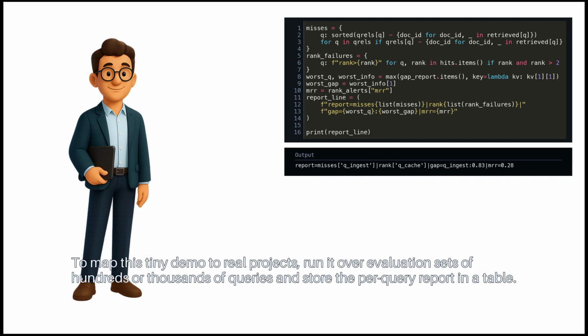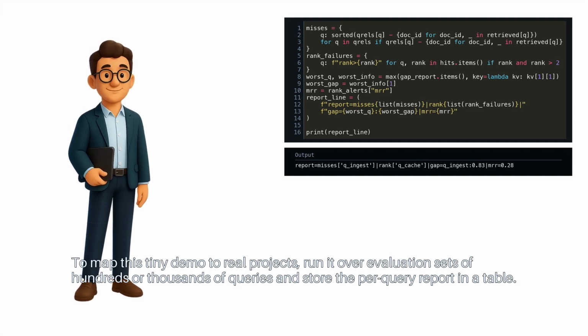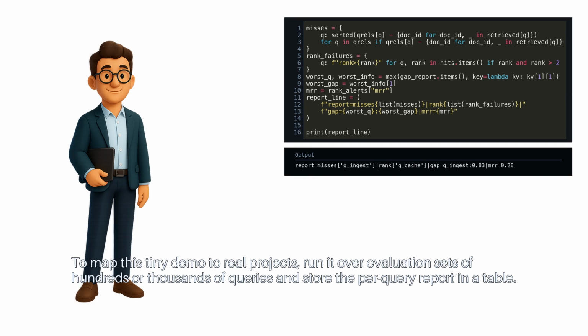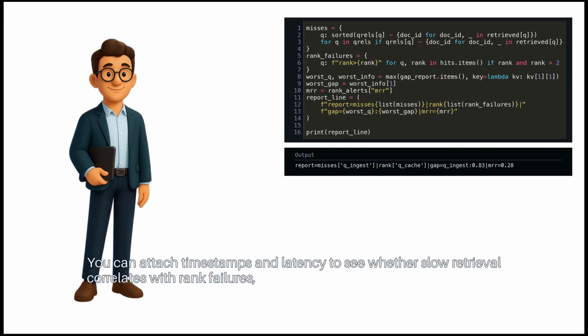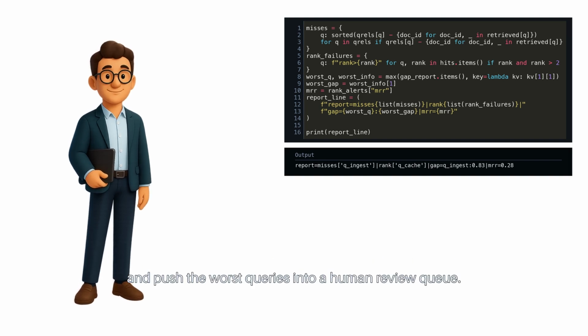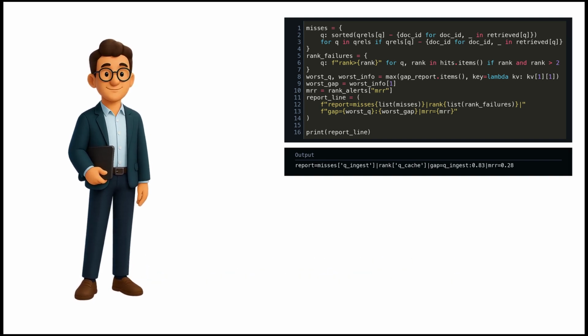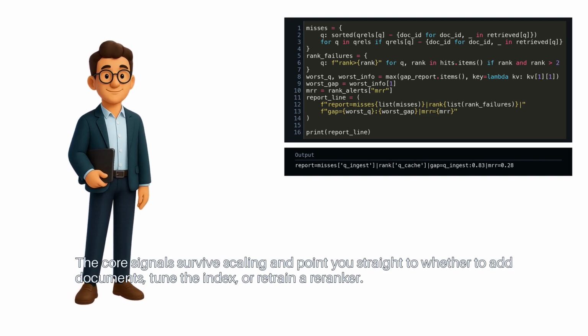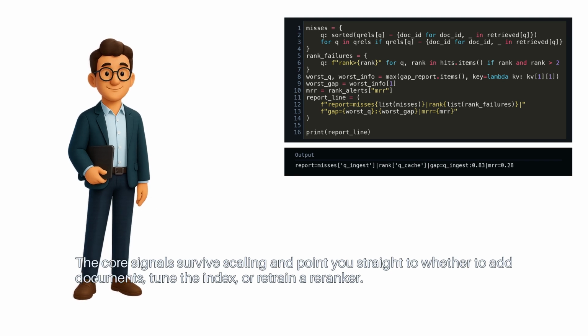To map this tiny demo to real projects, run it over evaluation sets of hundreds or thousands of queries, and store the per query report in a table. You can attach timestamps and latency to see whether slow retrieval correlates with rank failures, and push the worst queries into a human review queue. The core signals survive scaling and point you straight to whether to add documents, tune the index, or retrain a